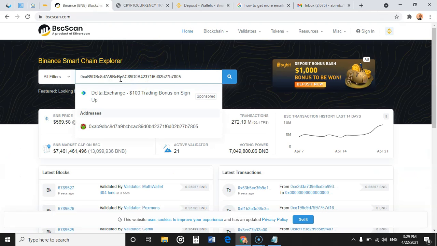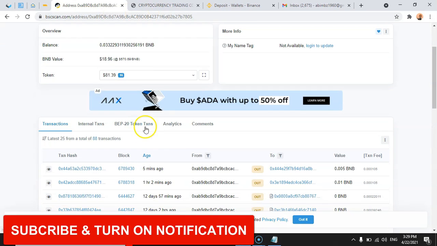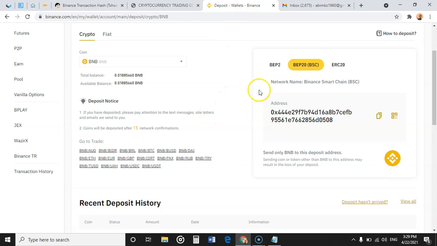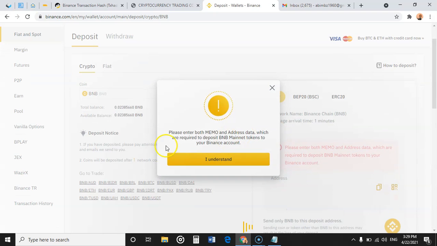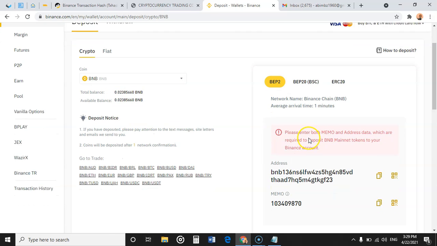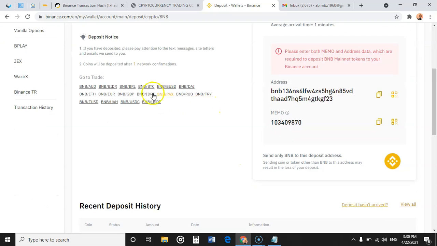Okay, then paste this here, and check it out for yourself. Okay, so you click on this transaction, it says success. So you're supposed to see these updates on our wallets, that something has been added. Okay, so as you can see, this increased from 0.183 whatever to 0.02. Okay, so same way, if we want to withdraw, we want to withdraw the BNB, we